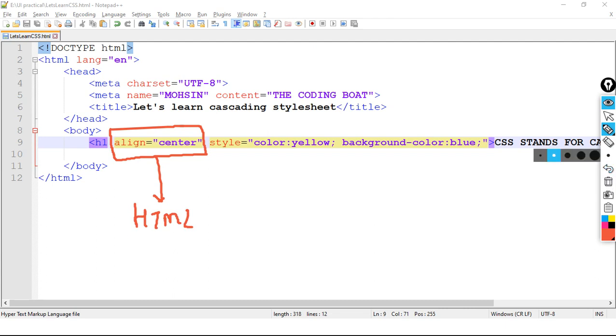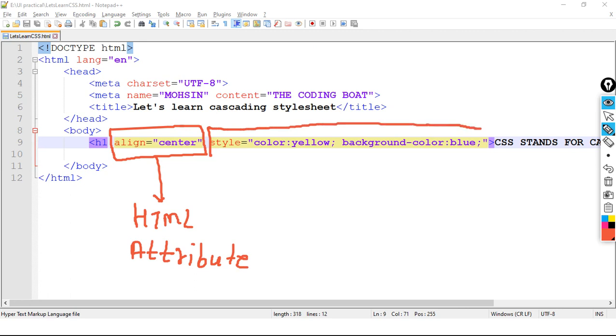No, sorry, this is not an HTML tag, this is not an element, this is an attribute within h1. The h1 is the element. My mistake, I apologize for that. This is an HTML attribute and this is another style attribute, another HTML attribute.